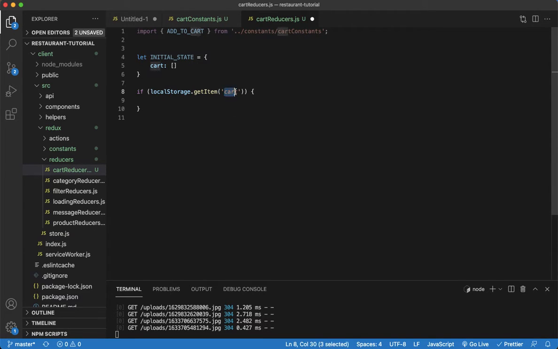All right, it's going to be called cart. So if this exists, then we're going to make initialState.cart. Now the reason why I'm doing initialState and then .cart is because over here you see that this initial state is an object. So to get directly to the cart, we have to do initialState.cart, and then make that equal to